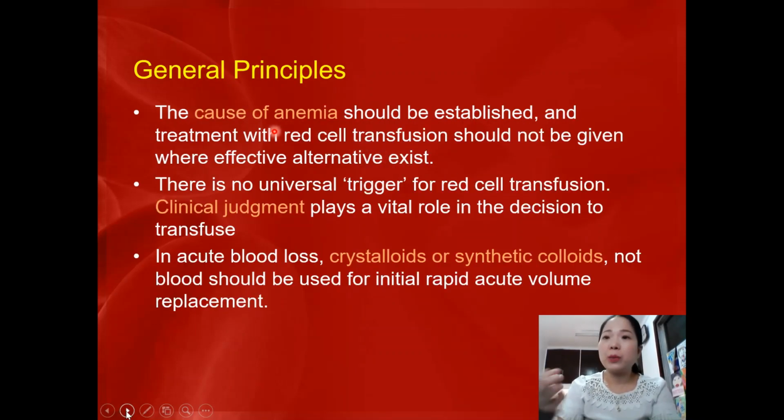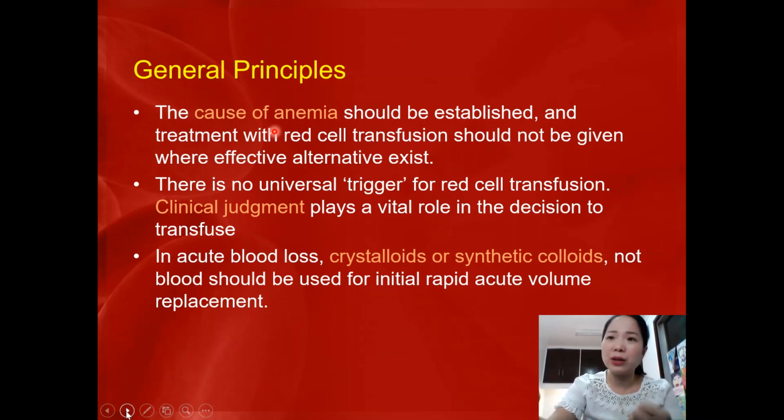If you are presented with anemia, it's not enough that you keep on transfusing blood. That's not a reflex reaction. You should always investigate why the patient is anemic. Because most often, if you keep on transfusing, babalik ulit yan, mag-anemia pa rin siya. So you have to know, why is there anemia?